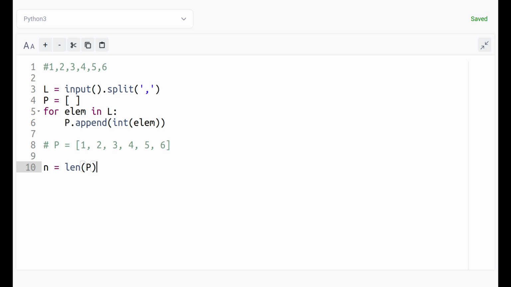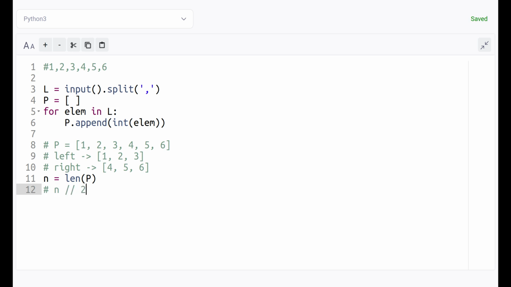So now the question is, how do we extract the left half? How do we extract the right half? These are two sublists, right? So the left half will be 1, 2, 3. This will be the left half. And the right half of the list will be 4, 5, 6. Now we have to extract this. How do we do that? If you know that the sequence has an even number of terms, how can we extract the left half and right half? So notice that we have